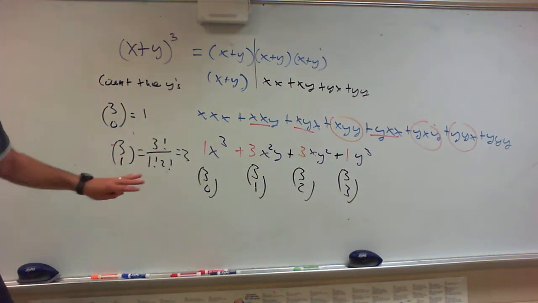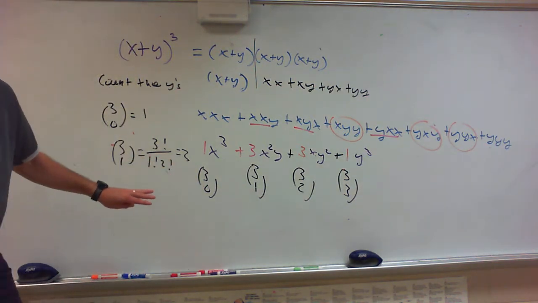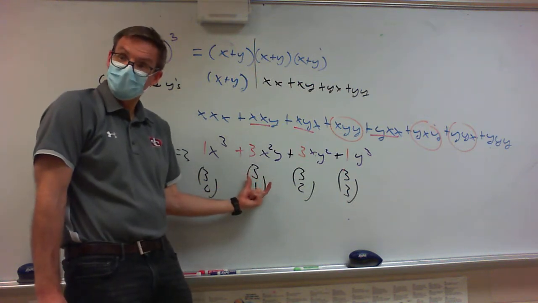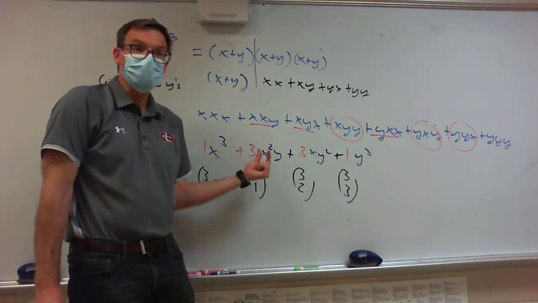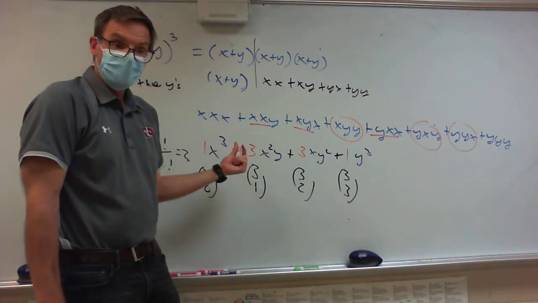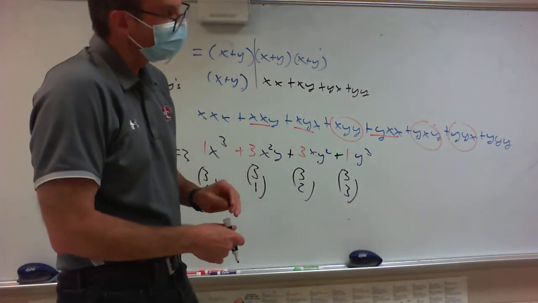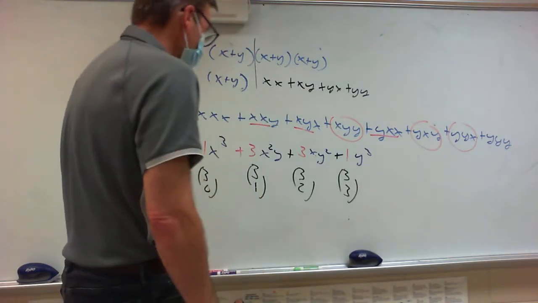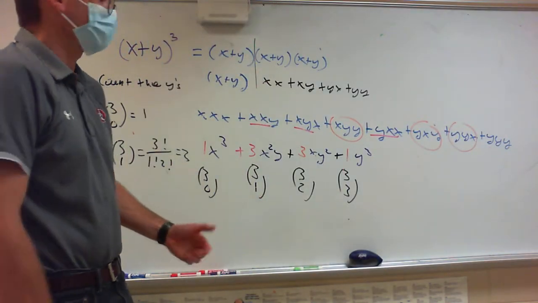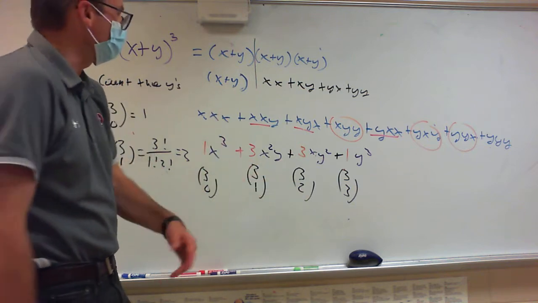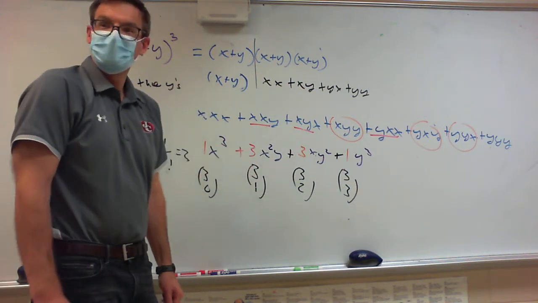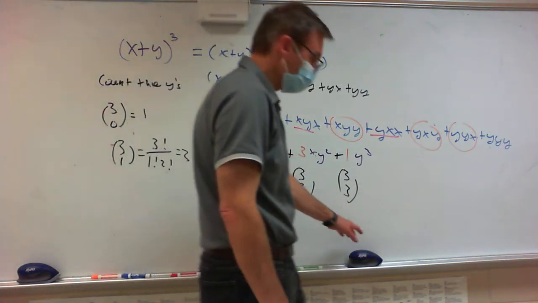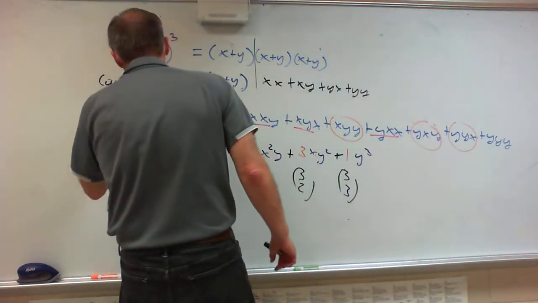So did this kind of make sense? Do you see how this choosing, this combination, helps us figure out that coefficient, right? So what? I just did a really, really long explanation of something that would have been probably easier just to multiply it out by hand. But my goal wasn't to figure out what x plus y cubed is. My goal is,